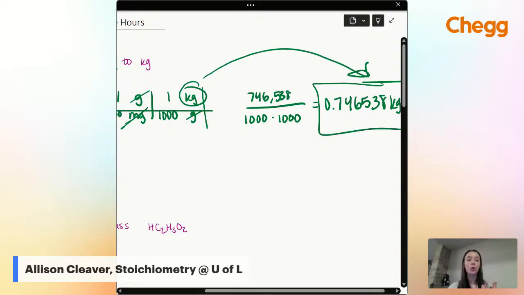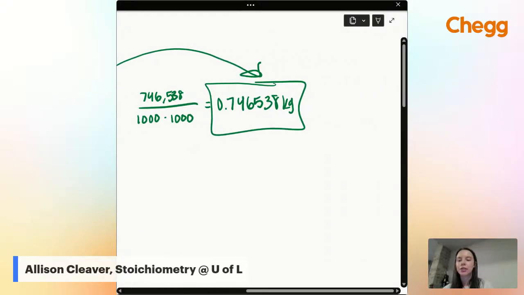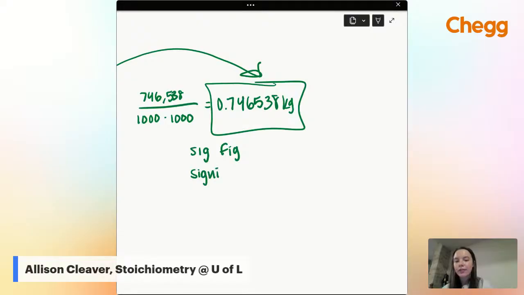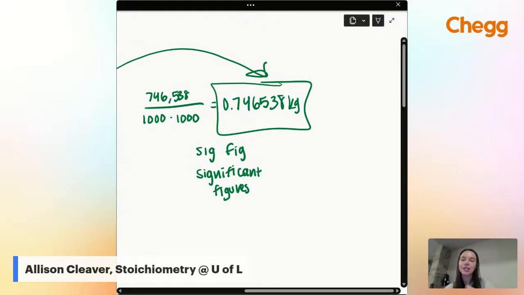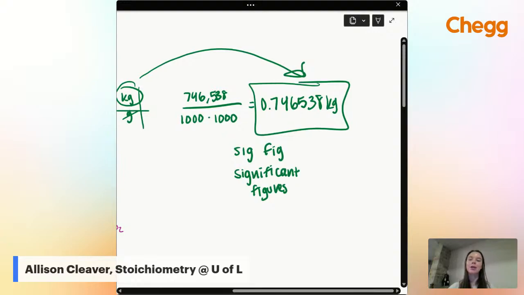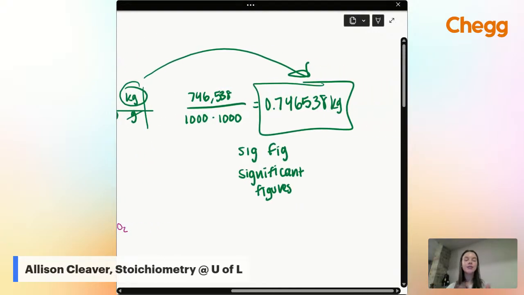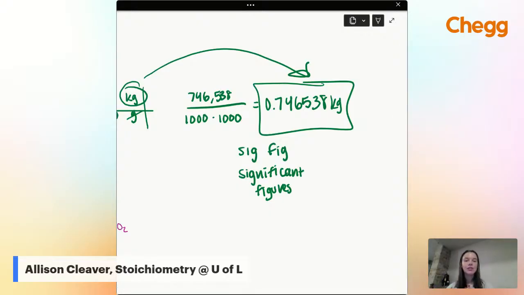If you're a little confused on the sig figs, stick with me. We're going to do some more sig fig work here in a minute. And sig figs, if you're wondering what that means, because I sometimes speak in chemistry lingo, that is significant figures. That's what my high school chem teacher called it. And now I cannot get that out of my head. So it's significant figures. You might have heard your chem teacher talk about that. But that's our answer. If you have any questions on how I got there, type that in the chat. I'd be more than happy to explain it better if we need that.